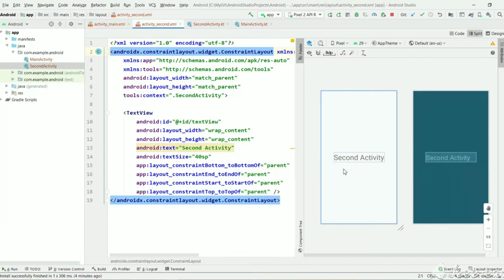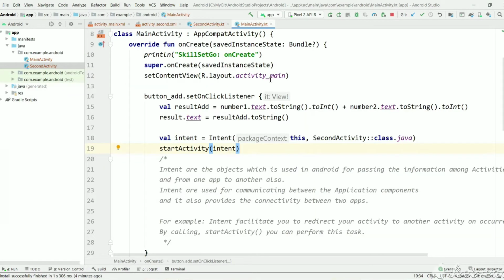But this activity doesn't know the result of the two numbers we have given in the main activity. So we need to pass the result of those numbers to this intent before starting the second activity. Then the second activity will know the result of the sum and it will display.